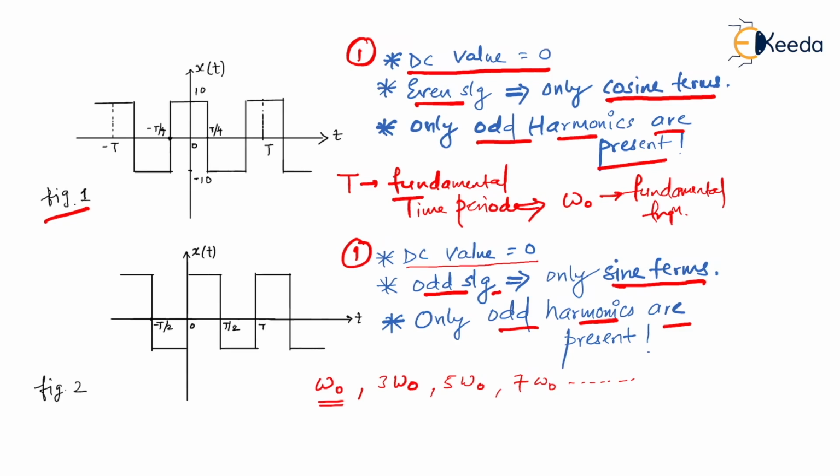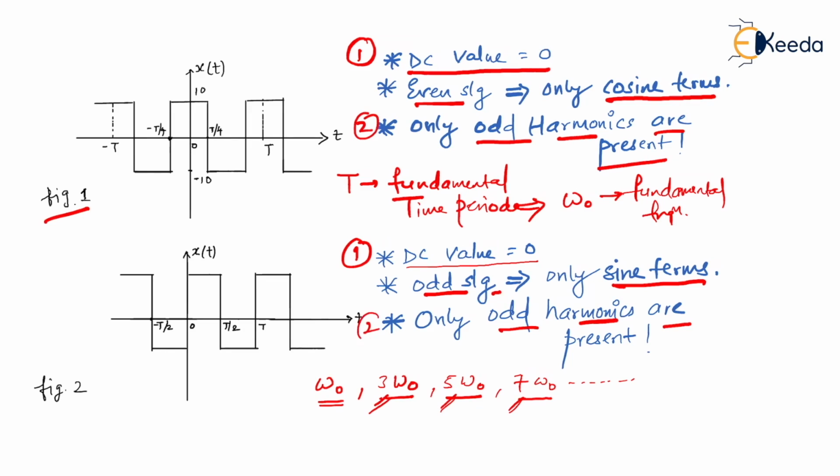If I assume omega naught as the fundamental frequency, 3 times omega naught is called the third harmonic, 5 times omega naught is called the fifth harmonic, and of course 7 times omega naught is the seventh harmonic. But every time you see, I'm getting only odd harmonics, that is third, fifth, seventh harmonic. Every time we take n value equal to even, we get 0. So all even harmonics are 0, only odd harmonics are present, and the second common factor is that we got DC value in both cases equal to 0.